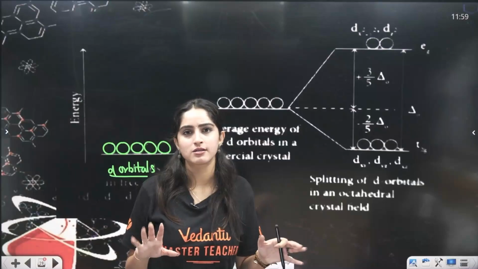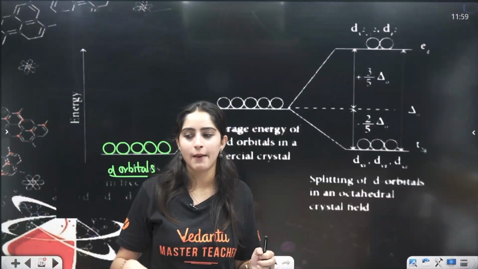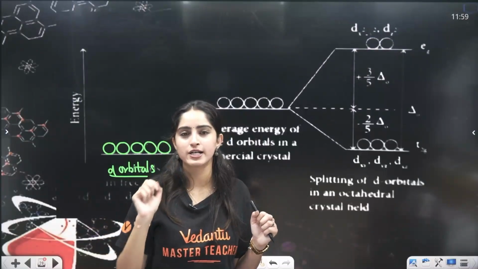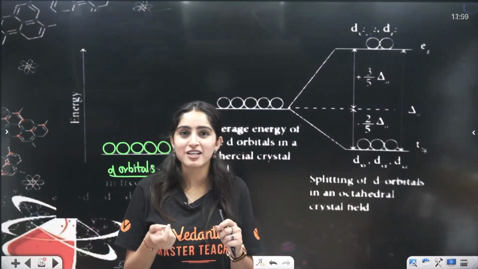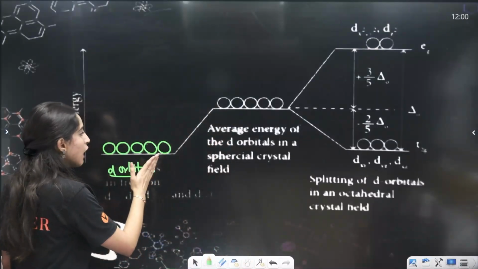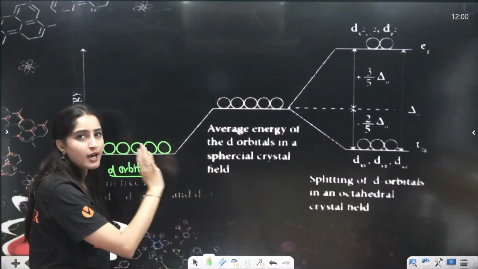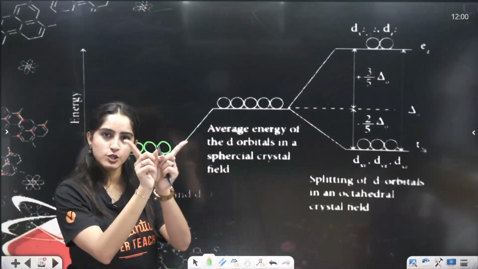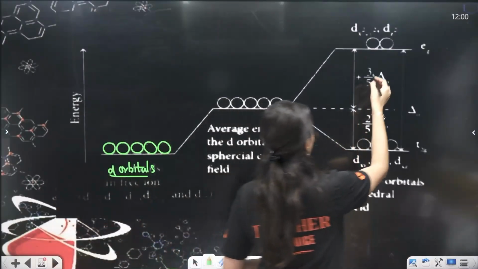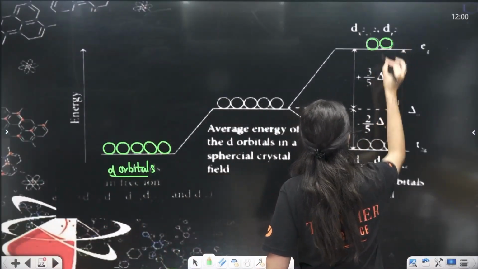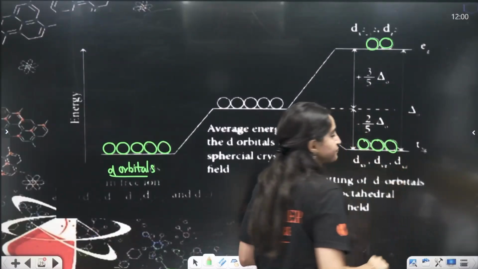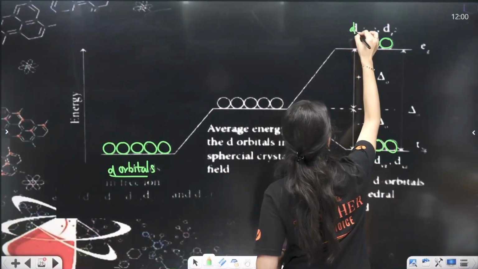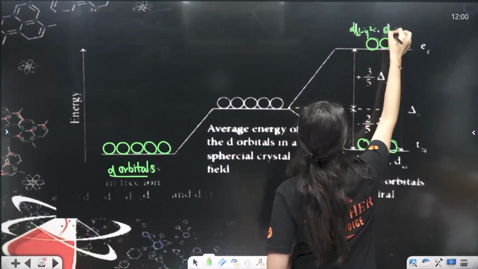Now what will happen? For example, you 5 friends are sitting, very fun, right? Suddenly someone will come in your life, and you 5 friends will fight with each other for that particular person, right? So now all of them will have high energy, but still they are friends. But suddenly, to impress the other person, these 5 friends got split, right? So what will happen here in octahedral? 2 are above and 3 are below, right? Okay, in octahedral species, dx square minus y square, I am writing it here, and dz square,